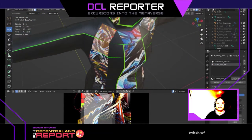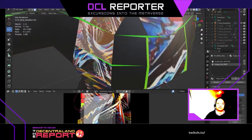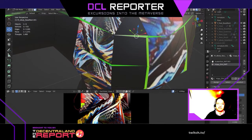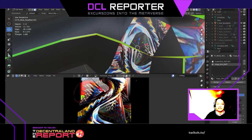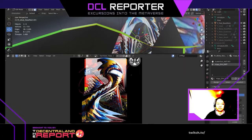So again, I'm going to select another area. Let's say I wanted to change the colors of all these little racing stripes. I would do the same thing. So right now, I'm going to change all the racing stripe area and make it purple. So whatever I select on the actual model,